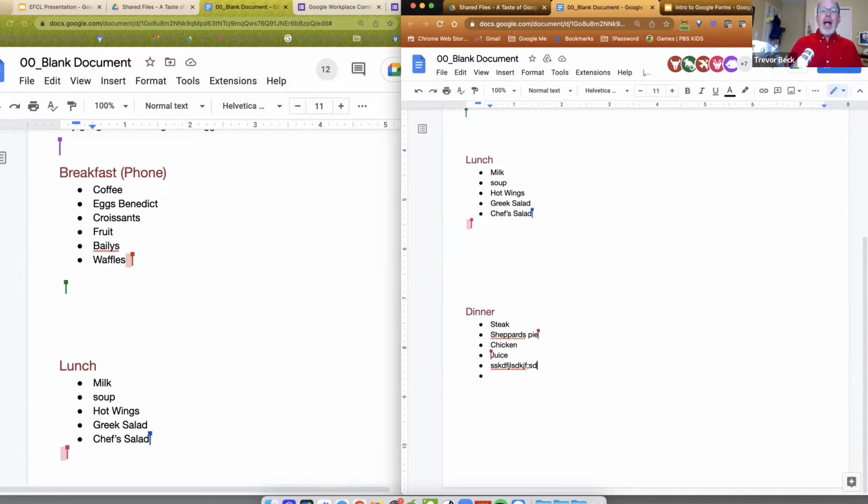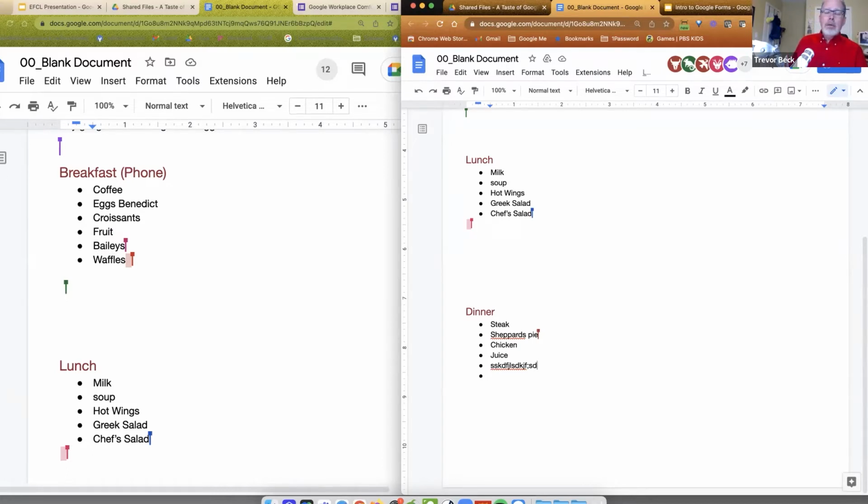And guess what? I never met her. I didn't talk to her afterwards or anything, but it's just one of those things when you've got a shared document, people can take on different roles. Your secretary, whoever's filling that position, could be quickly jotting down the notes, but someone else could go in and clean up the formatting. Then you have this document ready to go by the time your meeting's over.